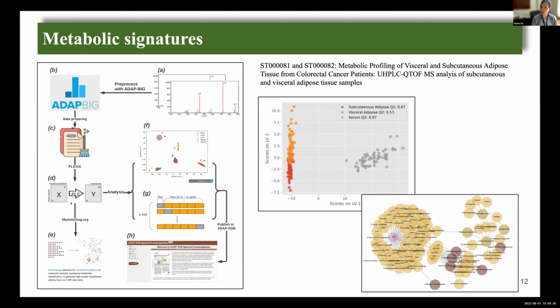From there, we can extract significant features. After that, we also carry out cross-validation studies to provide statistical significance for different features. In addition, those features go through Xiuxia Li's Momichak analysis so that we can map them to metabolic pathways. All of the results are deposited into the ADBKDB web portal. Here I'm showing the application of this workflow for two studies.